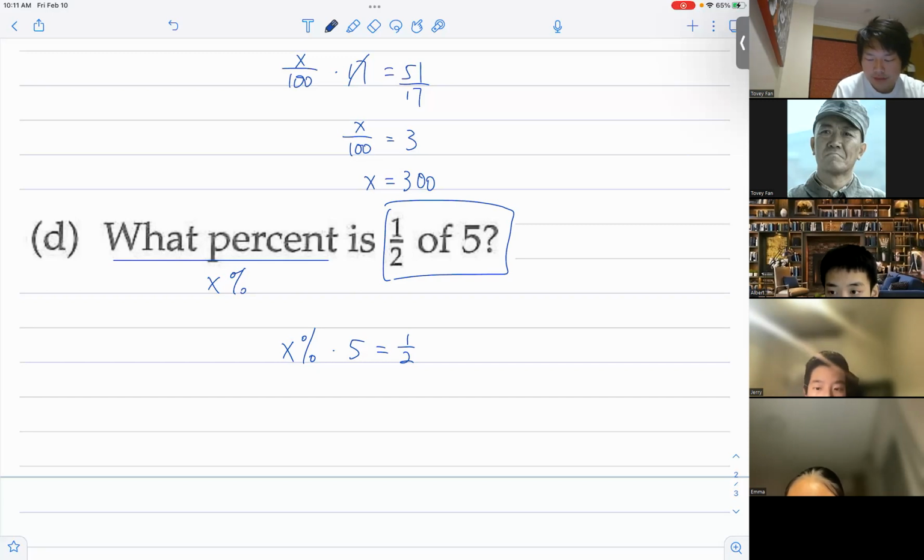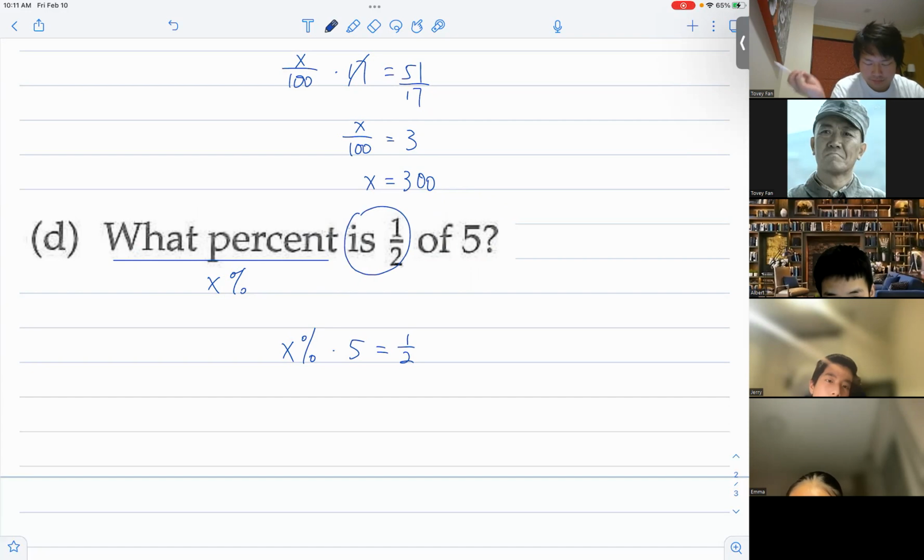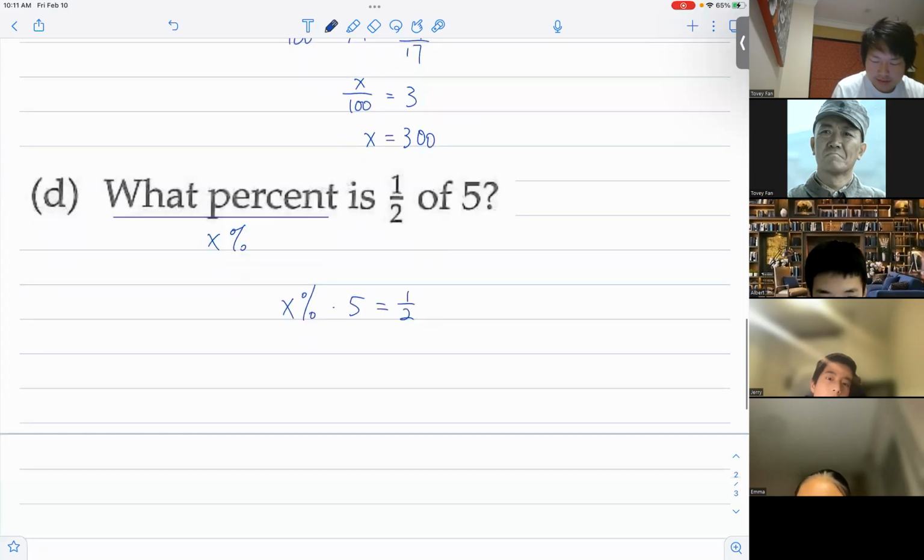Because if you times 1/2 with 5, you are seeing this part as a group sort of, right? And you're converting it to a percent. But it's actually asking what percent of 5 is 1/2. You are basically just bringing this "is" part to the front. Yeah. So we actually do this, and then